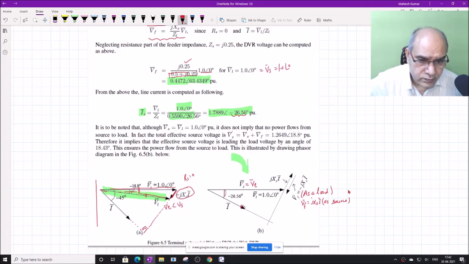And there is a Vf which is equal to 0.4472. So actually the BL plus J excess IS, if we add this and join this,